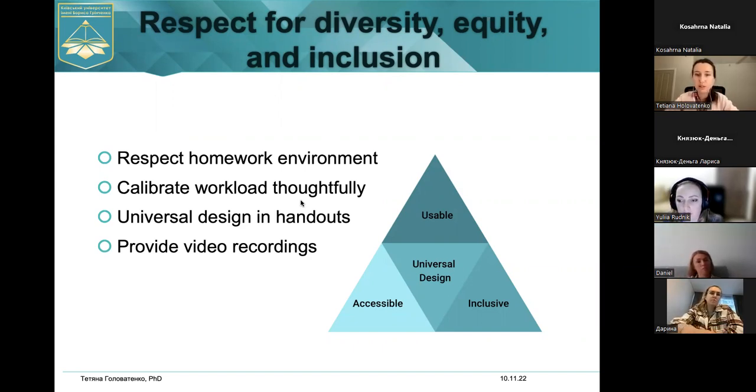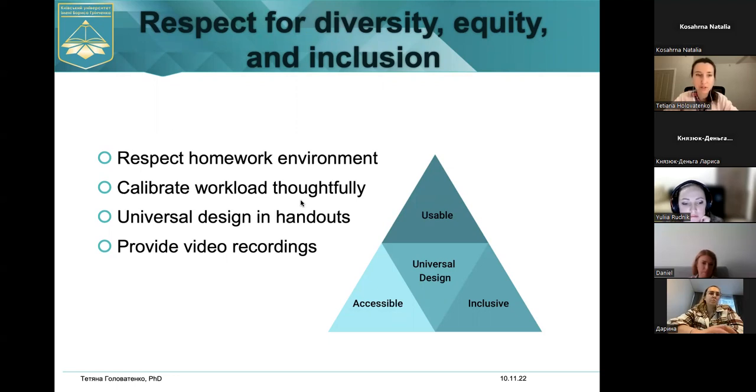And then openly explain to them what track they are on, if they will reach their goals soon or a little bit later if they choose this kind of workload. And if your students agree with that, so why not? By calibrating workload, you also create this caring environment for your students, and also you're trauma-informed.